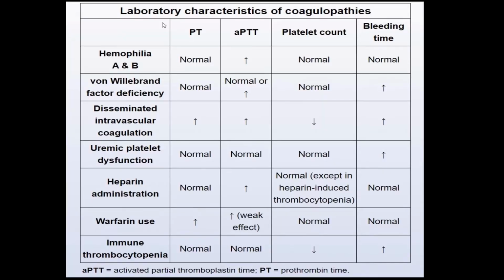This slide presents the laboratory characteristics of coagulopathies. The first disease is hemophilia A and B. In hemophilia A, there is deficiency in factor 8, whereas in hemophilia B, there is deficiency in factor 9. So, we see that both are factors of the intrinsic pathway. And when there is deficiency in the factors of the intrinsic pathway, there is prolongation of the PTT, that is the activated partial thromboplastin time, whereas the PT or the